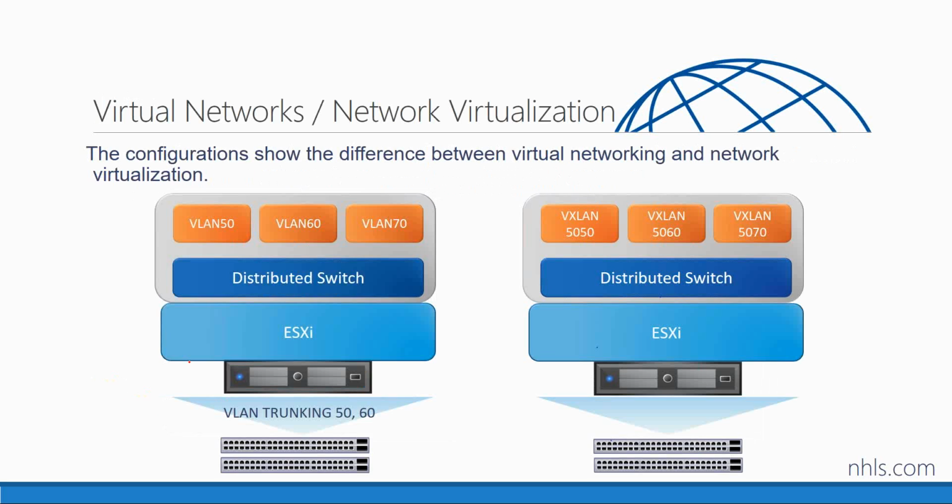If you look at the left-hand side of the diagram, this is essentially how we've been doing networking up until this point. We build an ESXi server, we put a virtual switch on it, we connect our VMs to it. We've got special networking needs in our environment, and so very often, down here at the physical layer on our switches, we would be setting up VLANs, which means I've got to set up VLAN trunk ports into my hosts. I've got to go into the VMs, and I've got to configure the VLANing on the VMs, either on the distributed switch or the virtual machine, etc. We've been doing that for years.